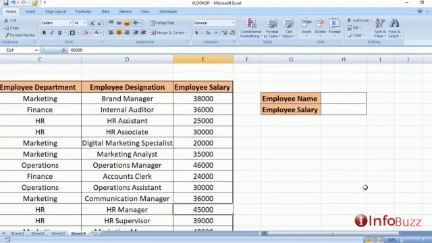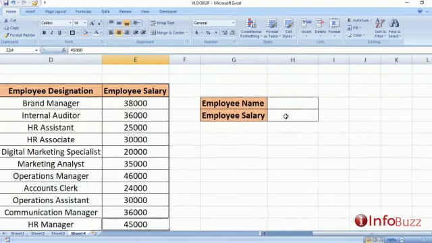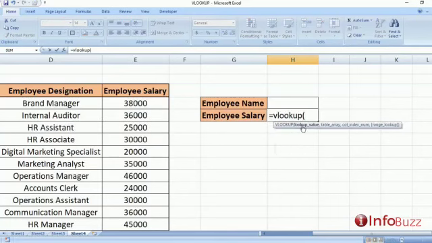First go to the cell where you want to see the salary of the particular employee. So here in this cell, we want to know the salary. Here we will enter the VLOOKUP function. When you write the VLOOKUP function, you will see the set of arguments. The first argument which we can see is lookup value. Lookup value is any value which we use to search for a result. In this case, employee name is the lookup value. Why? Because we want to know the salary of that employee whose name we will write in this cell.